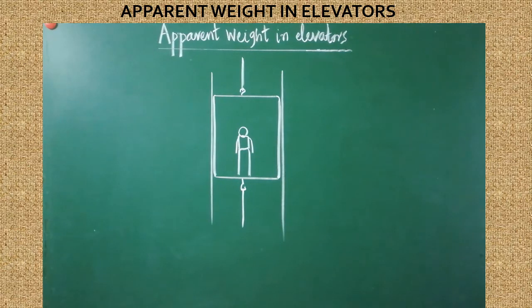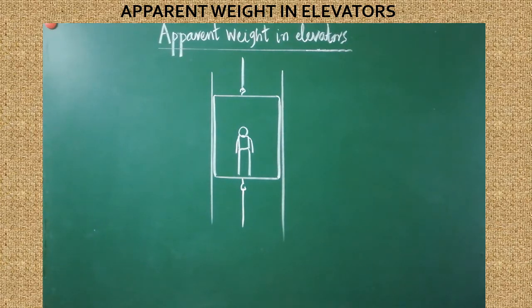In today's topic, we are going to learn about a new concept called apparent weight in elevators. Elevators are nothing but lifts. When you use the lift or elevator, you would have felt a jerk when the elevator takes off or stops. Here, we are going to learn that a man who is standing inside the elevator finds different scenarios. Here we are going to calculate the apparent weight, is it clear?